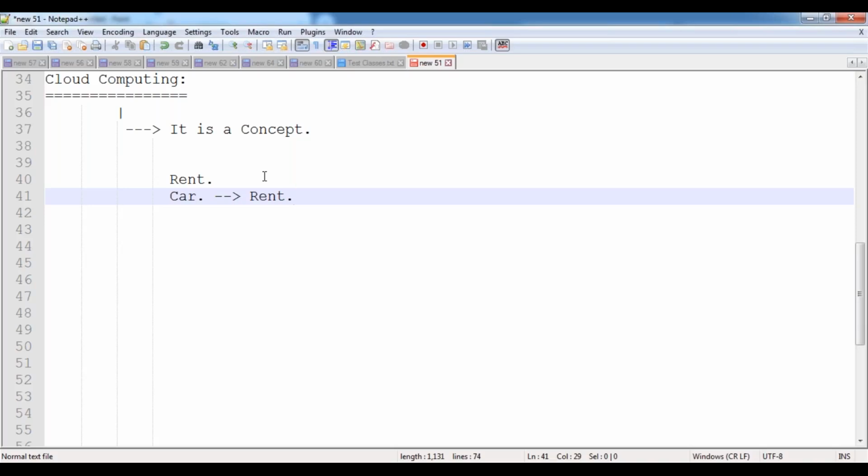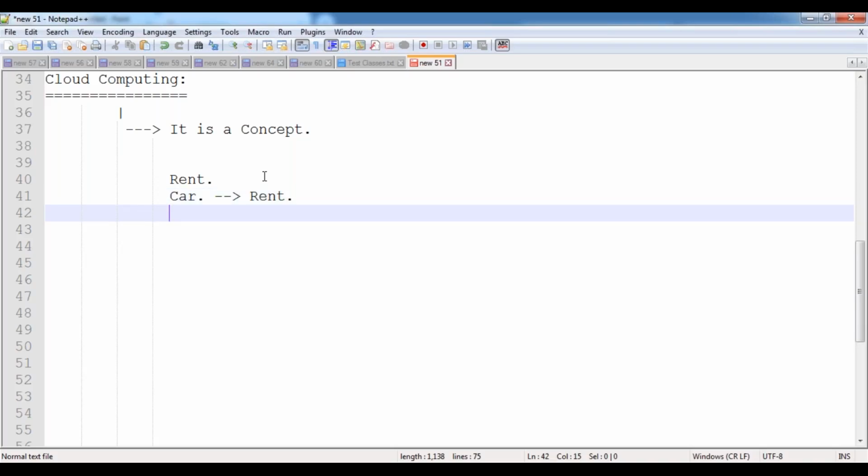So many vendors are available. Contact any one of the cab vendors, take the car on rental basis, and depending upon your travel distance, pay the rental amount to the vendor. That means we are taking this resource also on rental basis. For example, inside my flat, I need internet access. What can we do? Contact the service provider, utilize the internet every month, the whole month you can access the internet, and pay the rental amount to that service provider.